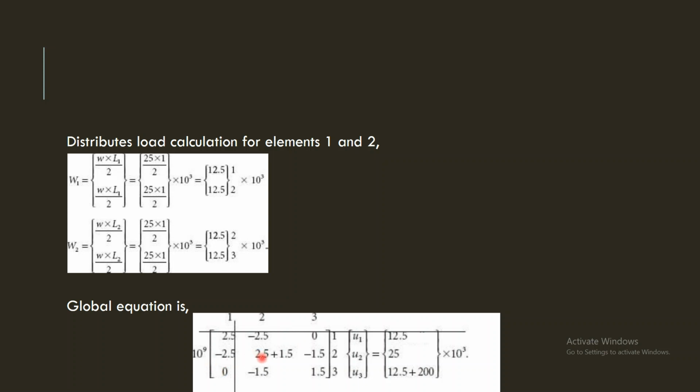At node 2 we are having 2.5 from element 1 and 1.5 from element 2, so I should do the summation, 2.5 plus 1.5. For the 3 2 connectivity, we are having only one value from element 2, minus 1.5, and from element 2 the 3 3 relation is 1.5. So I got the global stiffness matrix also, where 10 raised to 9 I kept outside. Once you get this 3 cross 3 matrix, the next part is